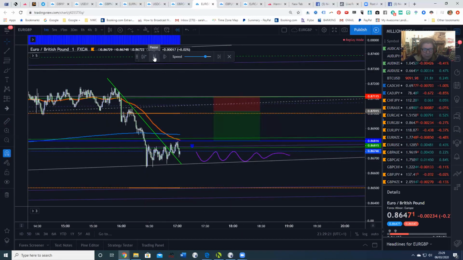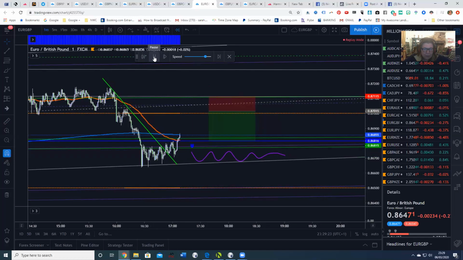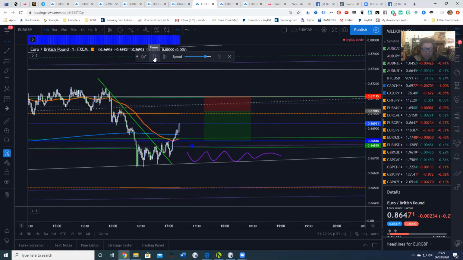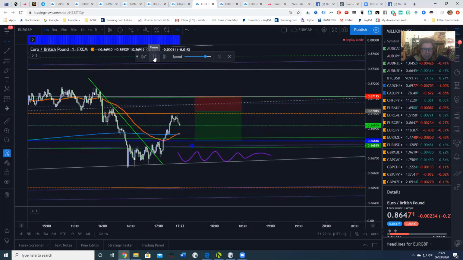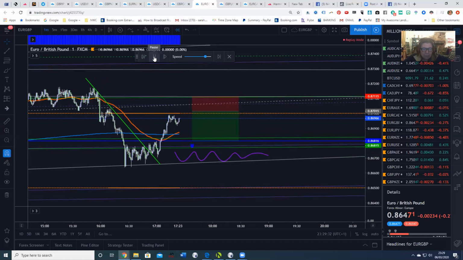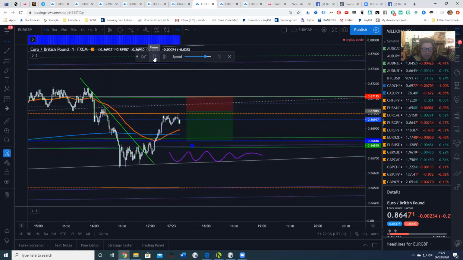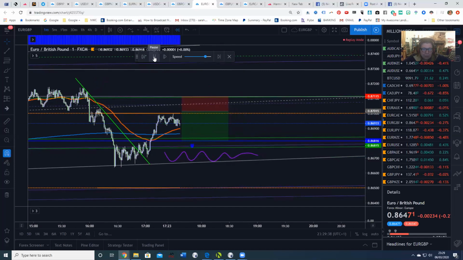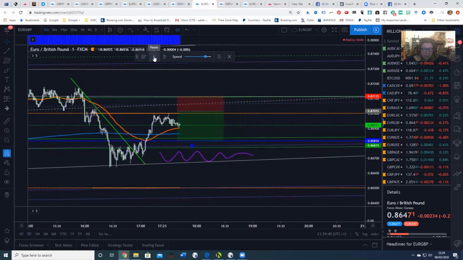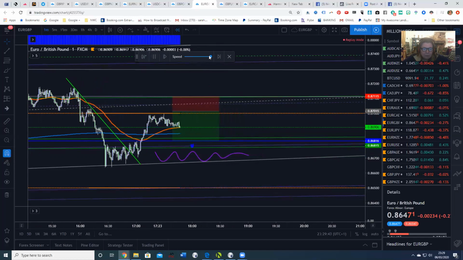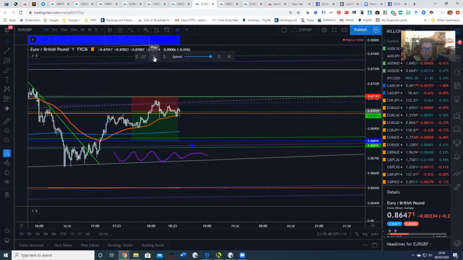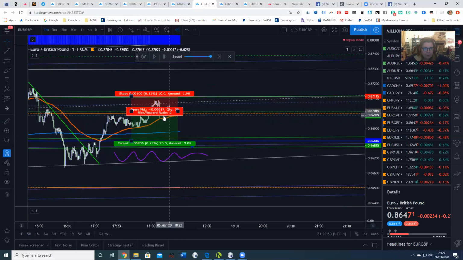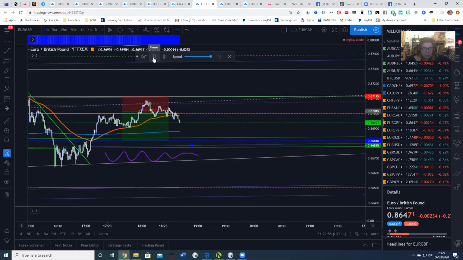So let's just carry on, see what happens, and you'll see that it's broken up through the 62, right up to quarter theory, rejecting off that. It's now getting sort of late in the day, and the 62 is coming back up, the 1 minute trend, the orange one. So it's now just playing between quarter theory and the green pitchfork. And then it in fact starts to come right back up, and now it's just sort of snugging along the 62